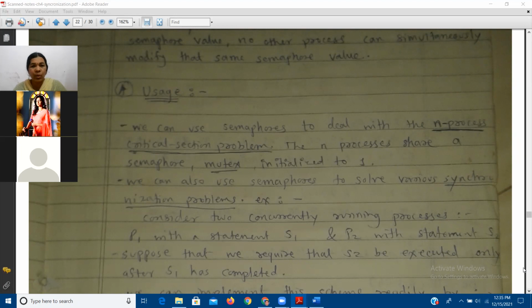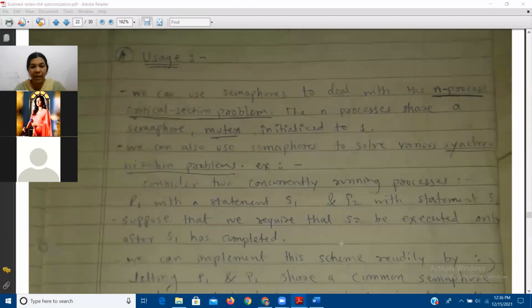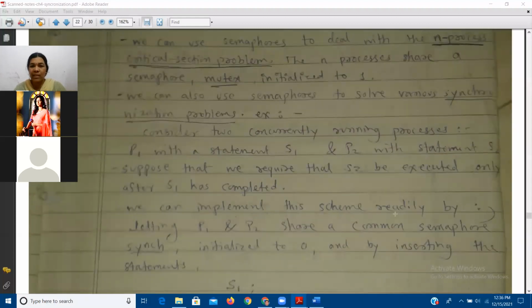It is initialized to 1. We can also use semaphores to solve various synchronization problems. For example, consider two concurrently running processes, P1 with a statement S1 and P2 with a statement S2. Suppose that we require that S2 be executed only after S1 has completed. So we can implement this scheme